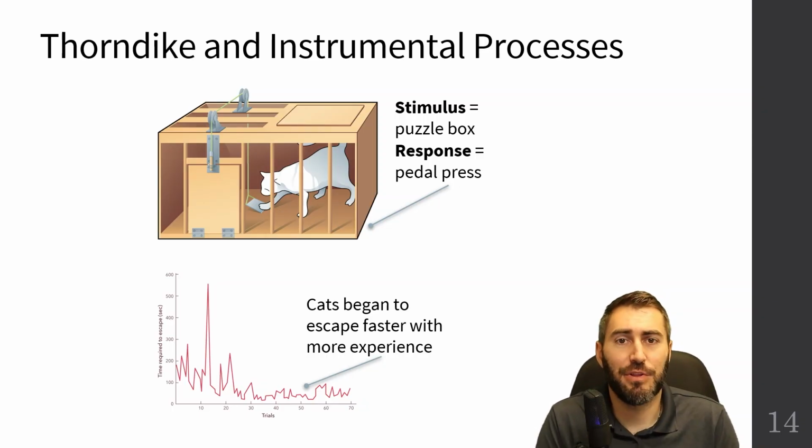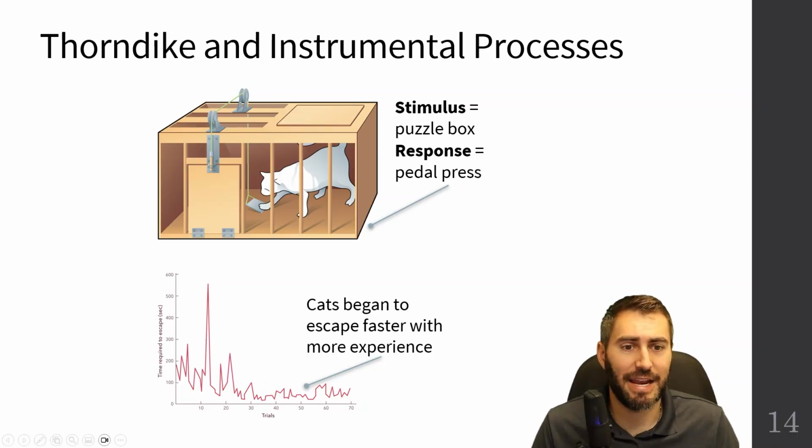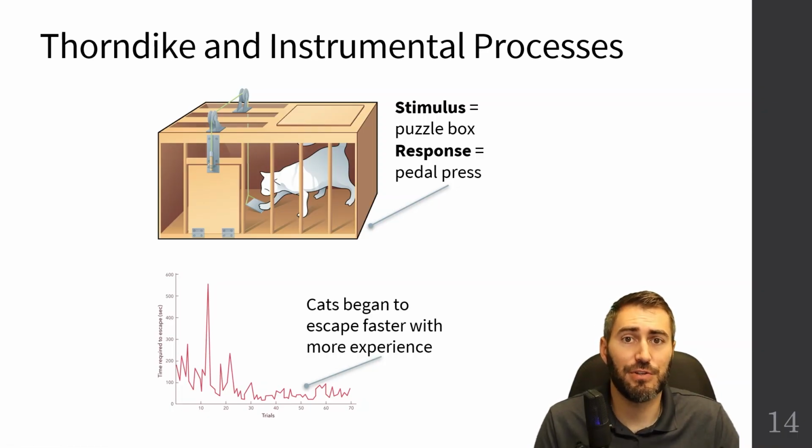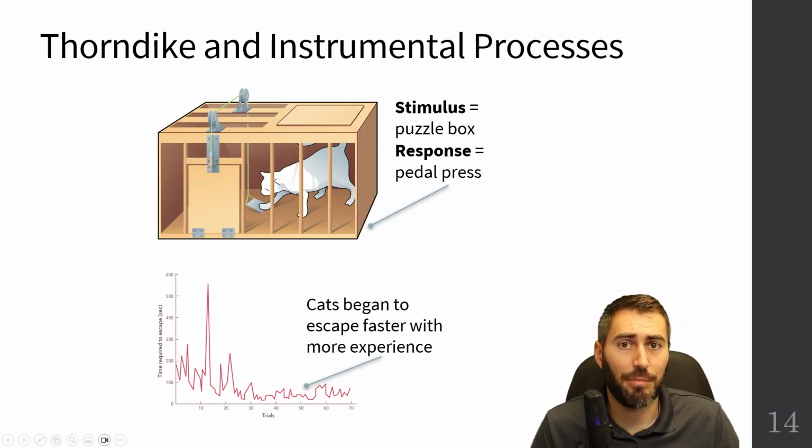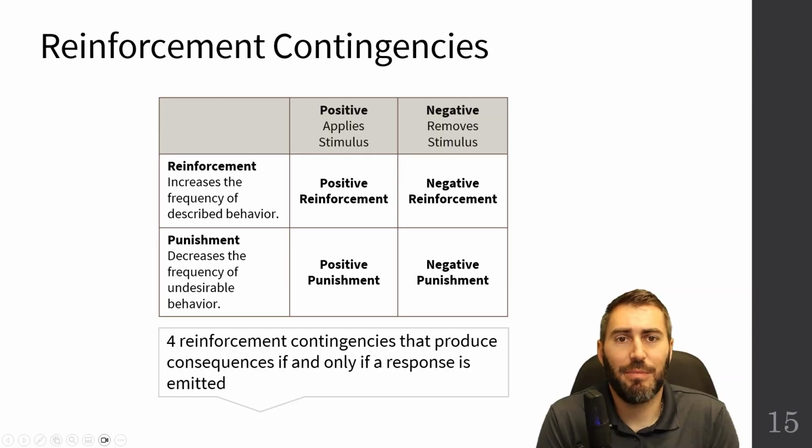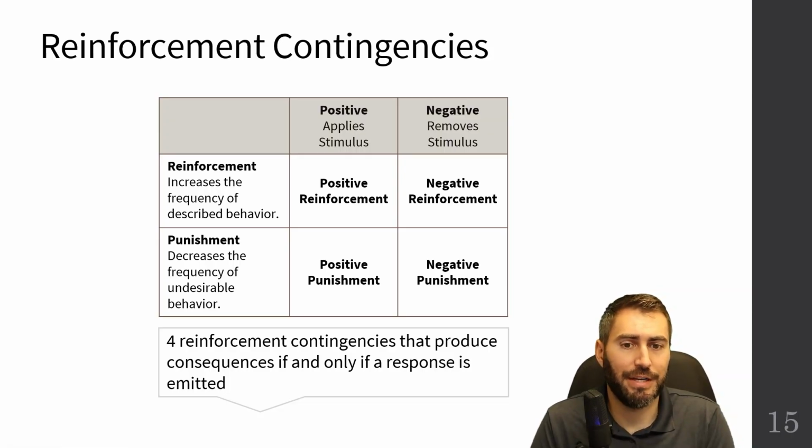So what does this have to do with operant conditioning? Well, when we talk about choices and how we make decisions to solve problems, these are conscious choices. These are choices that we are deciding to make, and we are choosing to make the choices that work and stop making the choices that don't. When we look at this from an operant conditioning standpoint, we can see how this breaks down. When we talk about learning and reinforcing in operant conditioning, we have four different ways of producing some type of response.